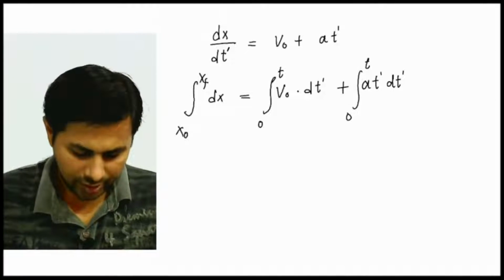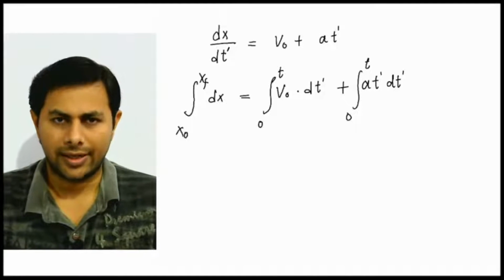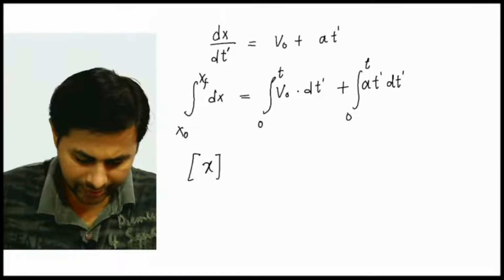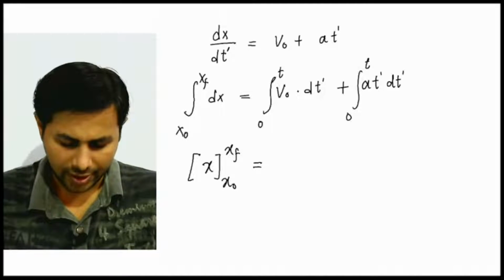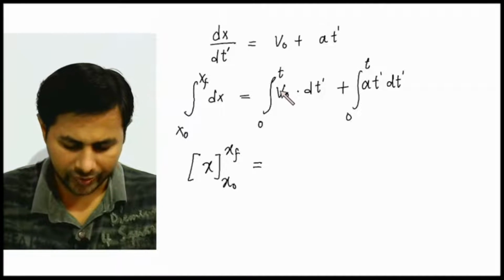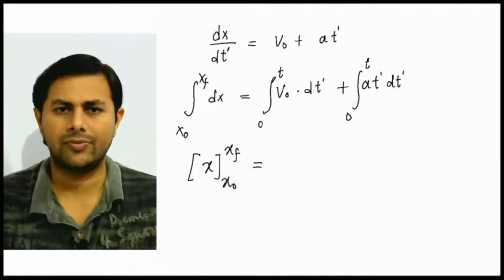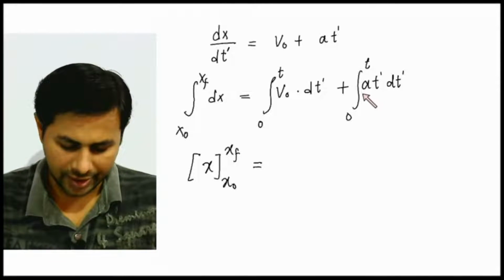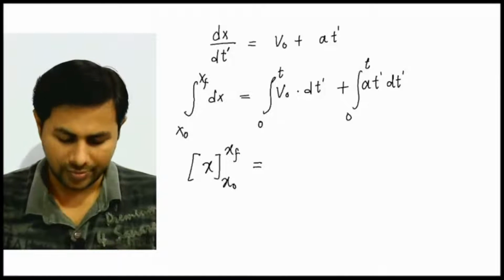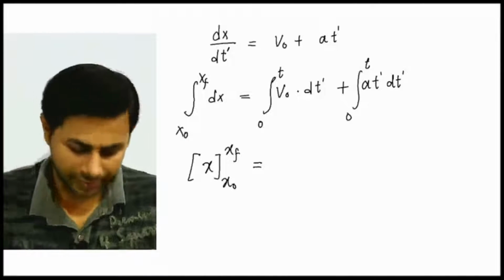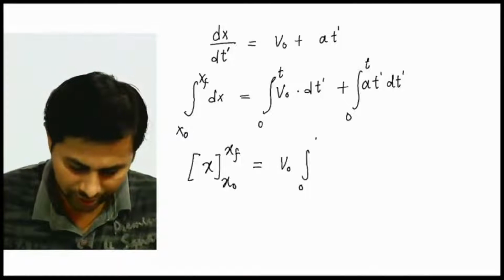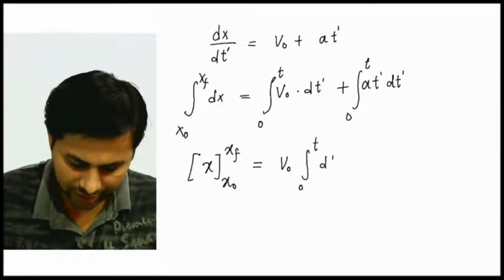Now the integral of dx is just x. Okay, so this is x from x naught to xf, and here I can take v naught outside of the integral because v naught is velocity at start and it will be a constant, and here I can take a outside of the integral because a is also constant. So it is v naught times integral from 0 to t of dt prime